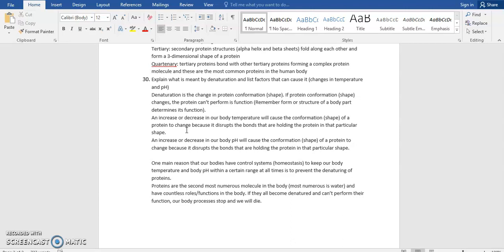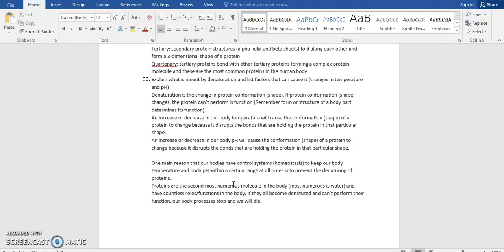If there are not enough hydrogen ions in the body, that will increase the pH, and then the proteins can denature. One big reason why we have those homeostatic control systems for pH and for body temperature is to make sure that our proteins stay the shape that they should be